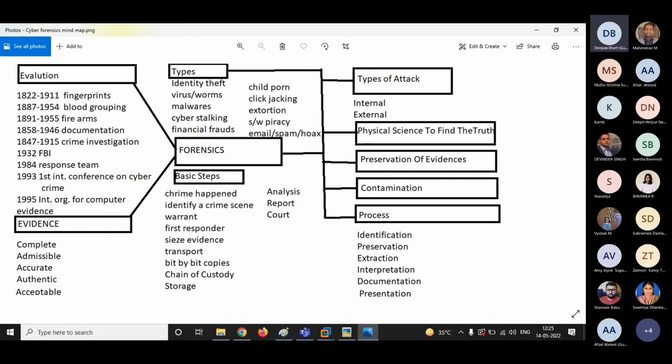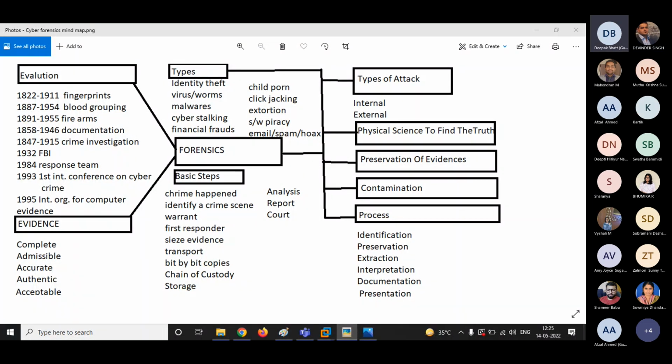What is chain of custody? It's a very common term. I guess all of you watch serials, right? On Netflix or Amazon Prime, there are so many serials in which this term is very common, chain of custody. What is it? Anyone? It is maintained to prove that the evidence has not been tampered with. Correct.